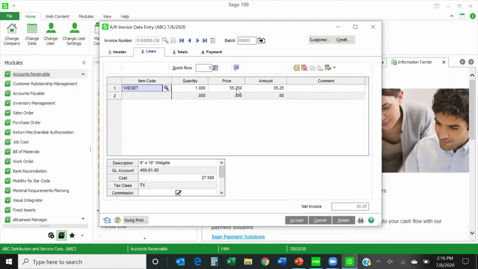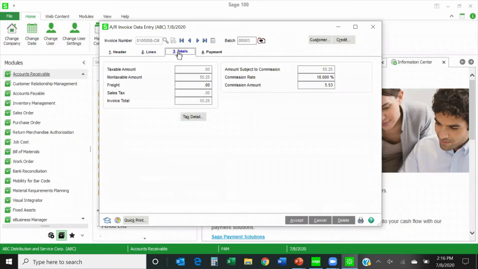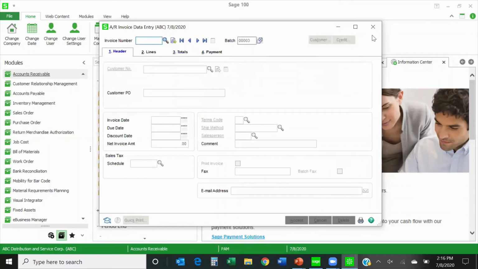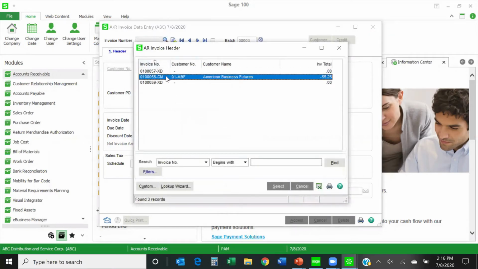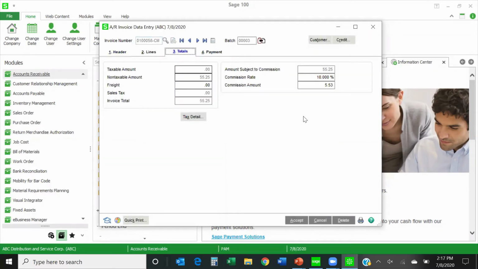I'm making my adjustment for the credit memo on my lines tab, and it can be as many lines as I need to. And then obviously you're going to go to your totals tab, and then you're ready to just accept that credit memo. What will happen, I'm sorry, let me show you this. When I go to my totals tab,